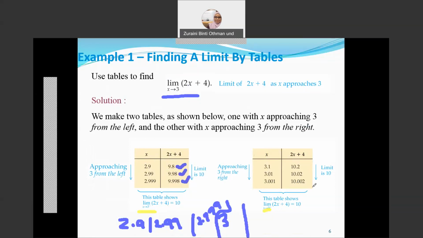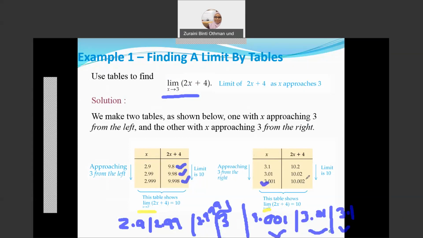Okey, maksudnya yang semakin hampir dengan 3 ialah 3.001 kan? Maksudnya 3.001. Okey, semakin jauh dia semakin besar lah kat situ. 3.01